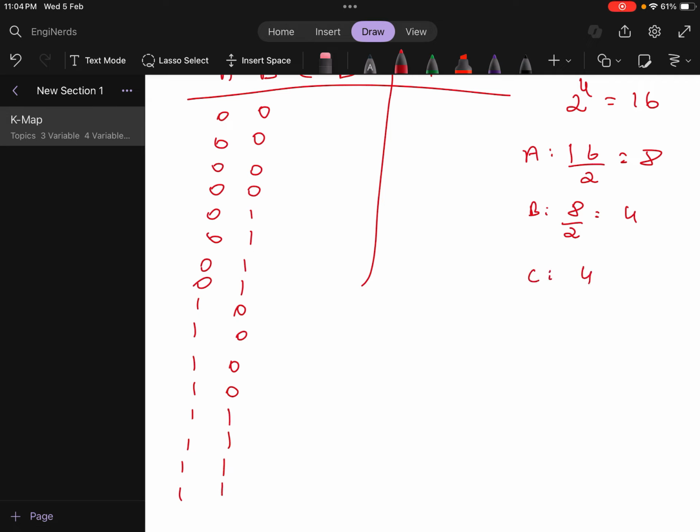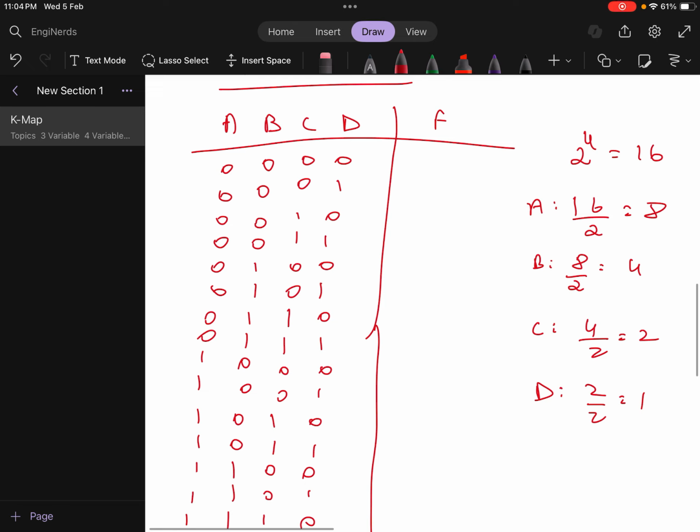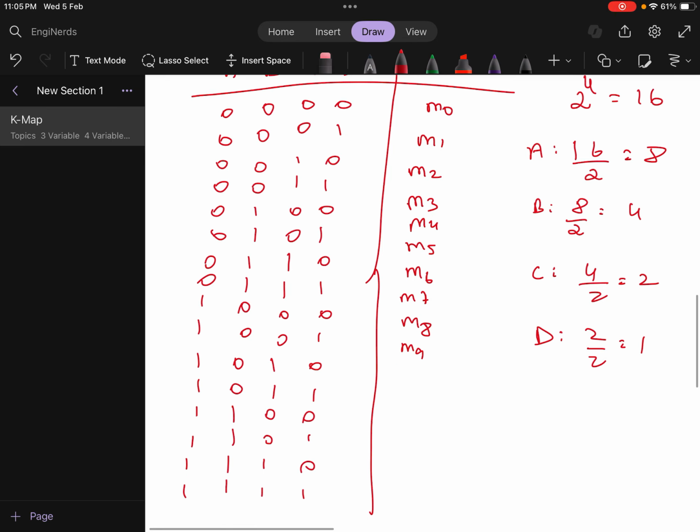Then for C, 4 by 2, which is 2. So 2 zeros followed by 2 ones, 2 zeros, 2 ones, 2 zeros, 2 ones, 2 zeros, 2 ones. And for D, 2 by 2, which is equal to 1. So 0, 1, 0, 1, 0, 1, 0, 1, 0, 1, 0, 1. And the function again, M0, M1, M2, M3, M4, M5, M6, M7, M8, M9, M10,